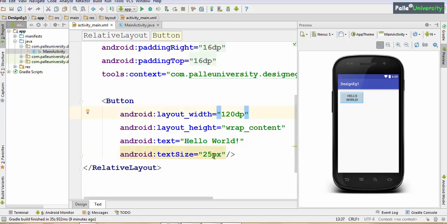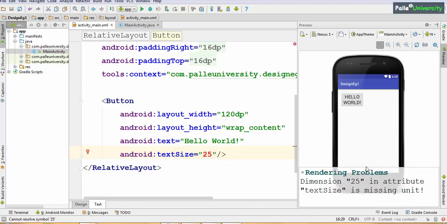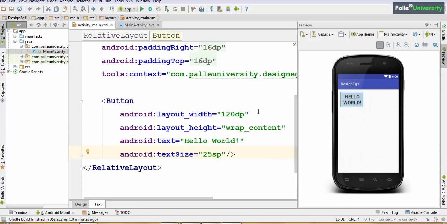But again, since we are using px, the same problem we have seen for px in the previous session will come for text size also. That means as the screen size grows, this text size will not grow. To solve that problem, either you can give DP or SP, but as I told you, for text sizes you should use SP. SP is scale independent pixels.